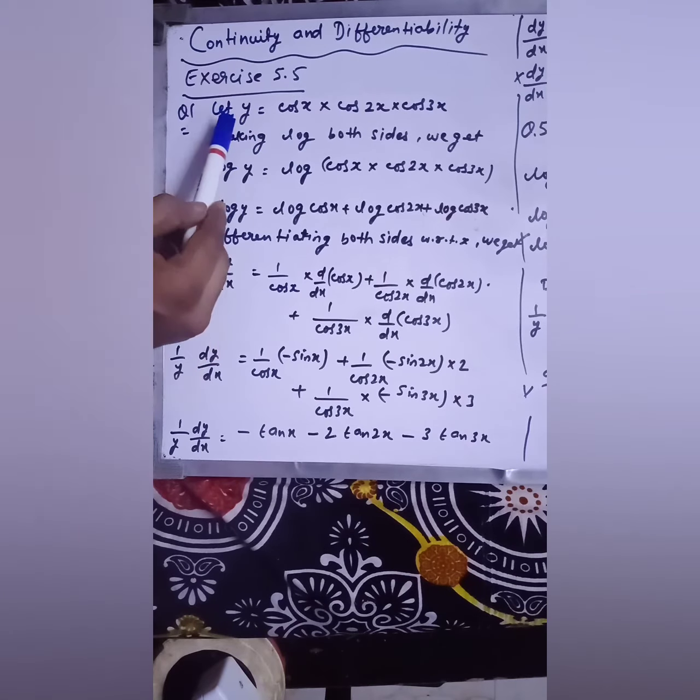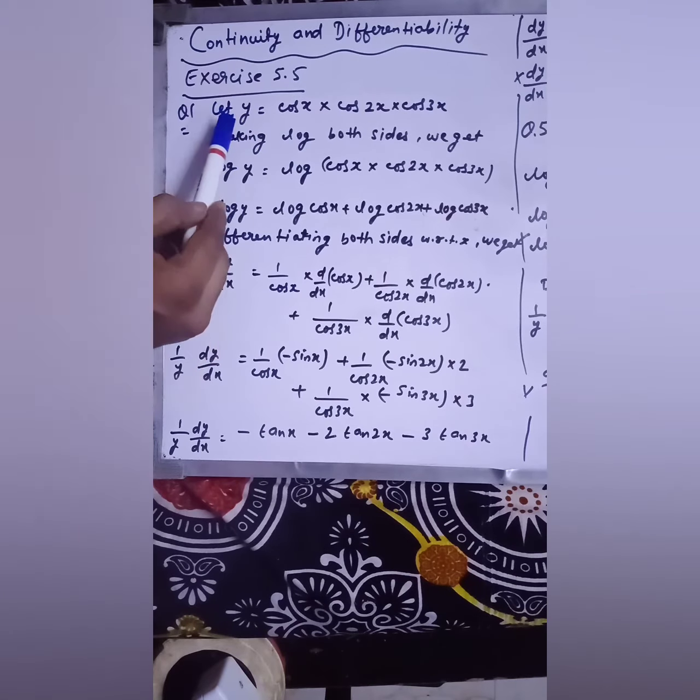Now in the next step, you copy the left hand side, that is equal to 1 by cos x, and then find the derivative of cos x, which would be minus sin x. Then plus 1 by cos 2x, same. Then the derivative of cos 2x would be minus sin 2x, and then the derivative of 2x only, that would be 2. Sorry, not quotient rule, that is chain rule. So you have to apply the chain rule.